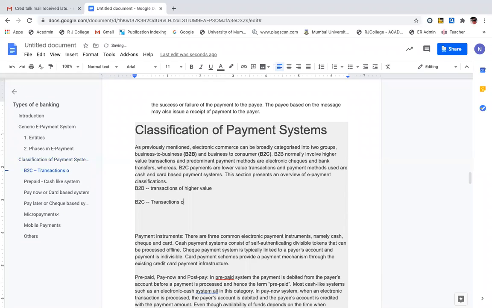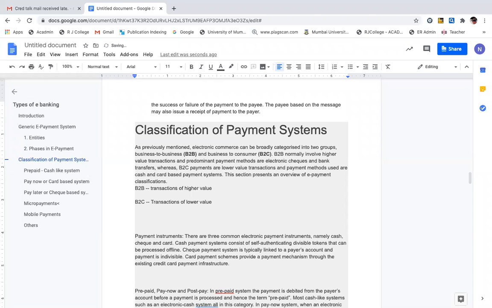Transactions of lower value, okay? How is it here? See, in business to business, one business buys from another business in bulk, so obviously the transactions are larger, meaning the amount is larger. Whereas business to customer transactions are of a lower amount. Are you following? Looking at it by payment instrument, classification based on payment instrument,